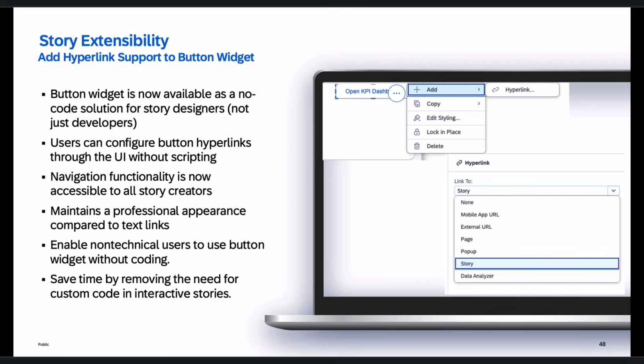Navigation functionality now is also accessible to all story creators. That will enable your non-technical users to use button widget without coding, and it can save time by removing the need for custom code in interactive stories. Now let's have a look into the